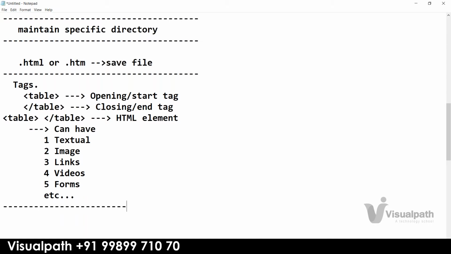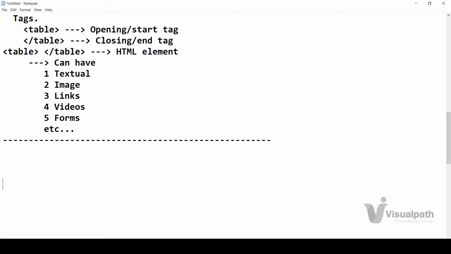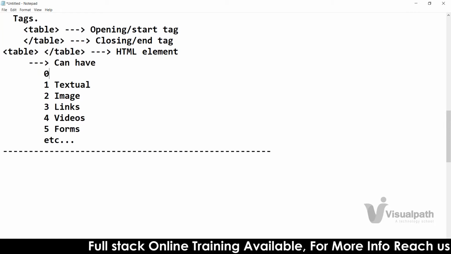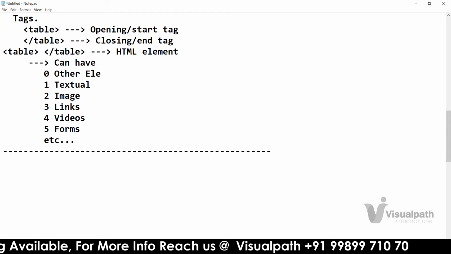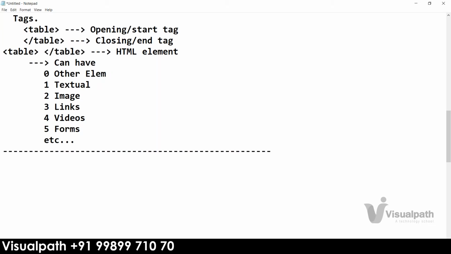And even one of the important things, an element can contain other elements also. You understood, right?